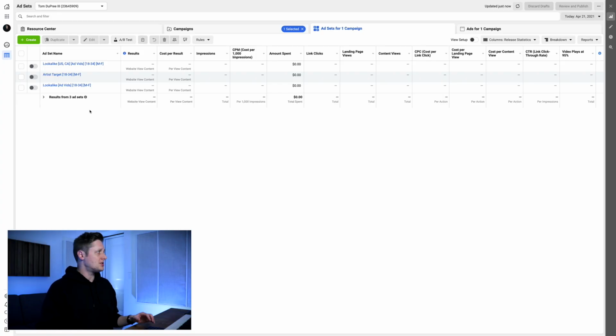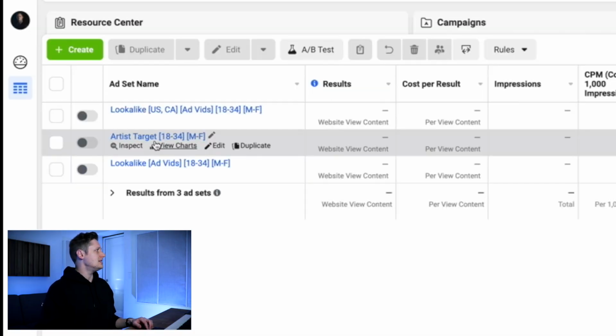So when you first start running ads, you don't have any fans on Facebook. Facebook has no data about you. They have no idea who you're targeting. So you have to figure that out of the gate. Sometimes you can get good results doing that. Sometimes you may not get good results doing that, and you have to refine it over time. By and large, you should start with something that's kind of like this. We'll go to this artist target ad set here